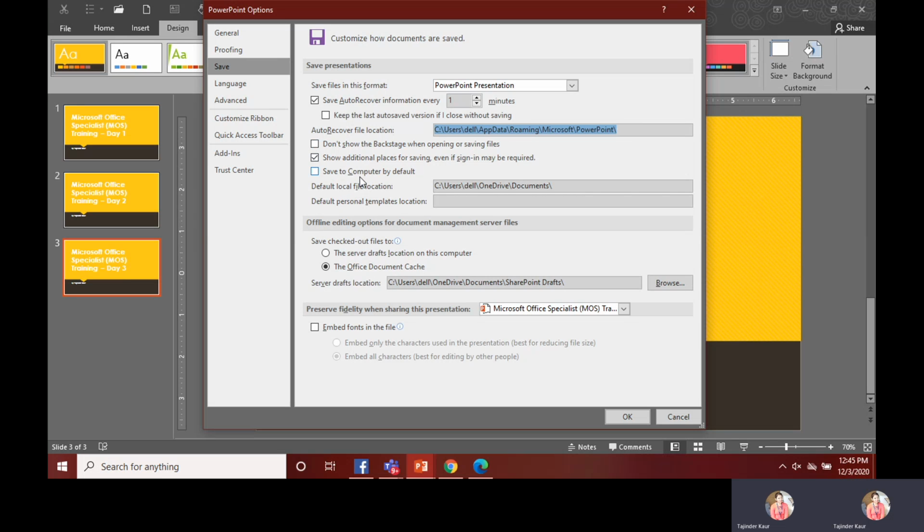Then save to computer by default. We can also tick on that particular thing, that by default whenever you create any file, it will automatically save on your system. So here you can give the link once again, right? Then default personal templates location. So if you are creating any template in your PowerPoint, then the default location for that you can also give